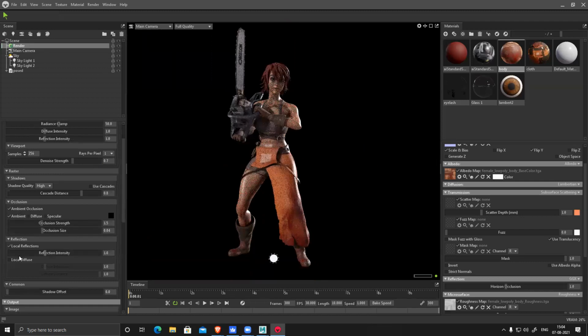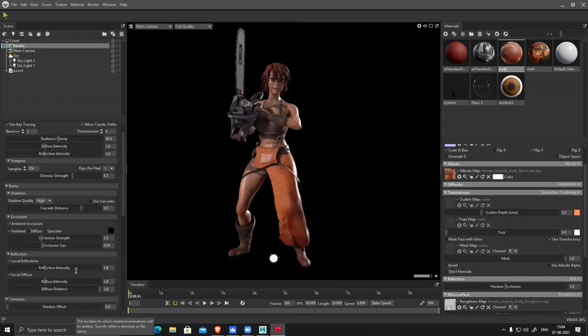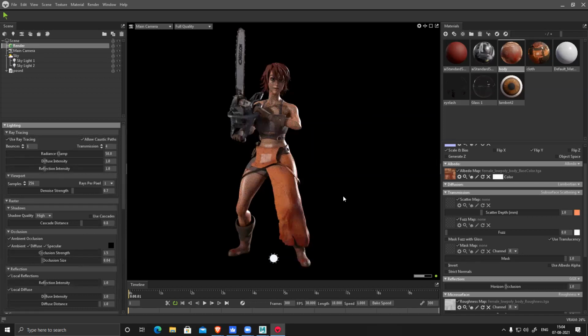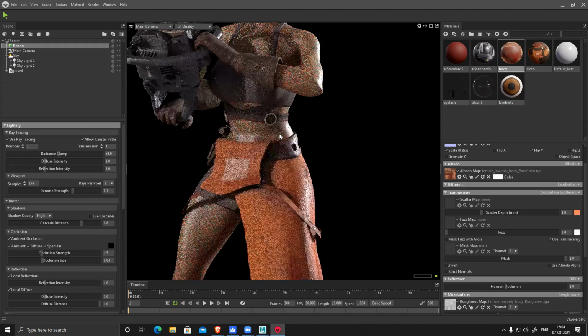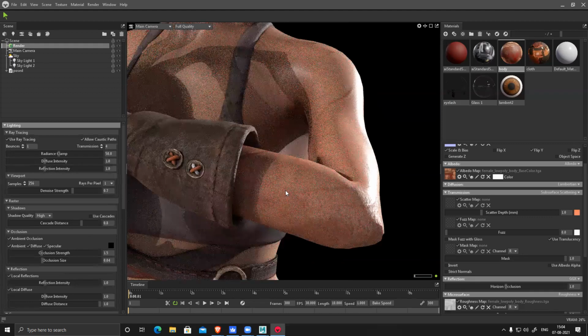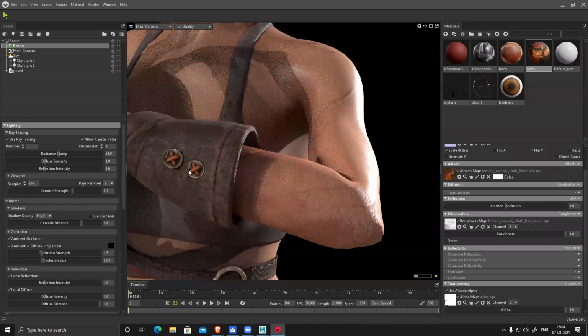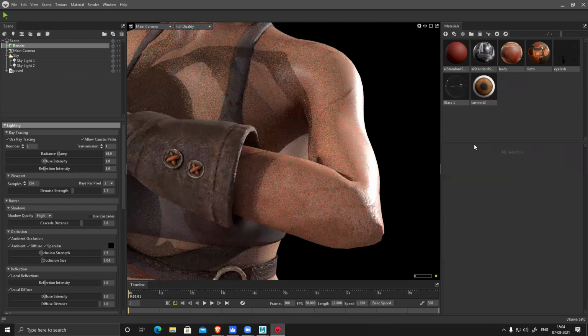Ambient occlusion, local reflection, local diffusion. This one part was using that one white material.